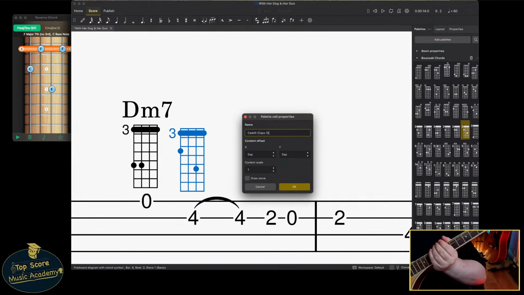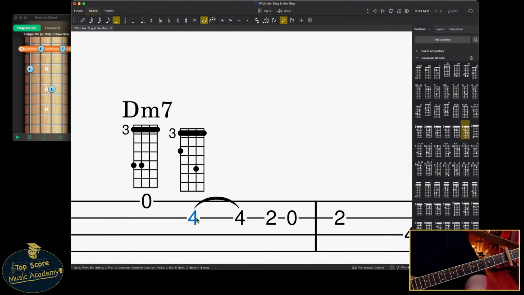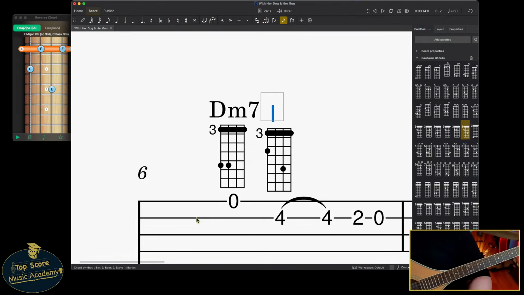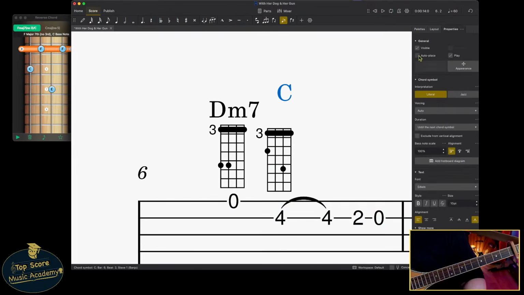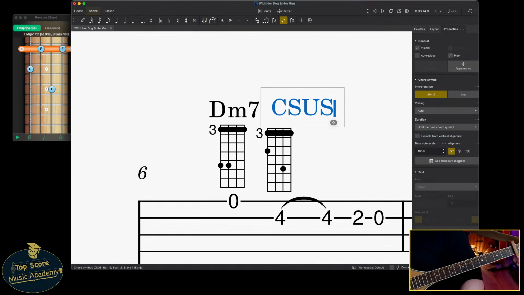Okay. Because there are two Fs in it, I'm just going to include